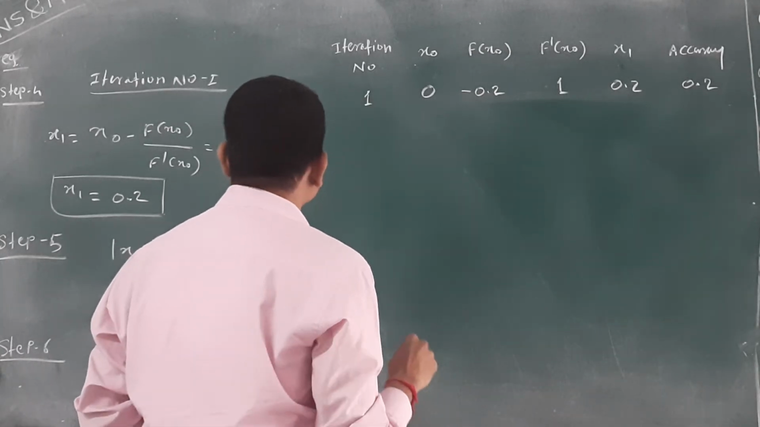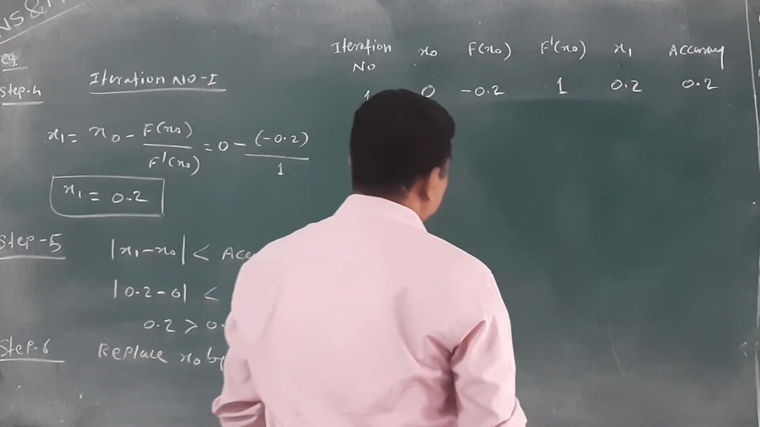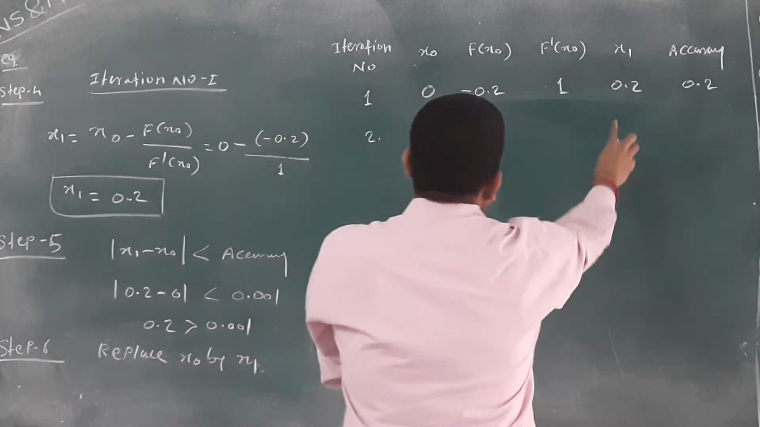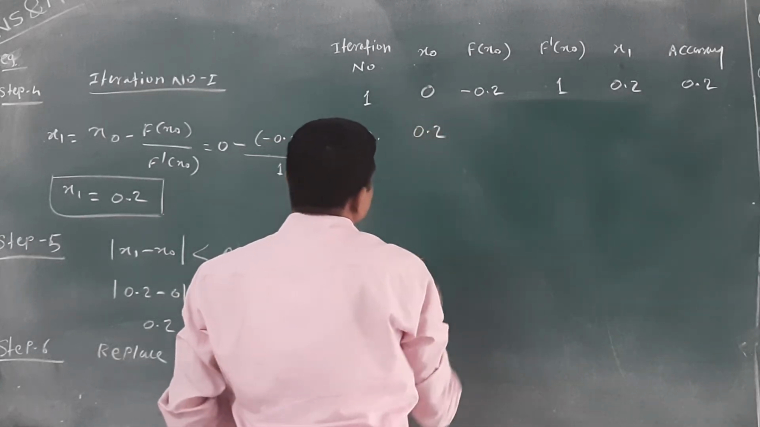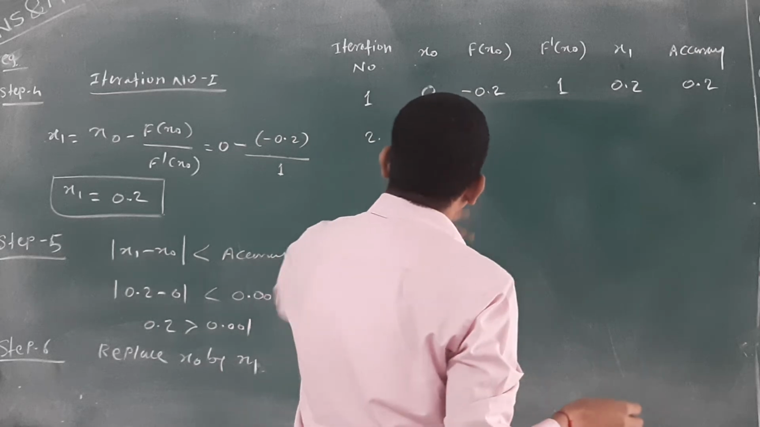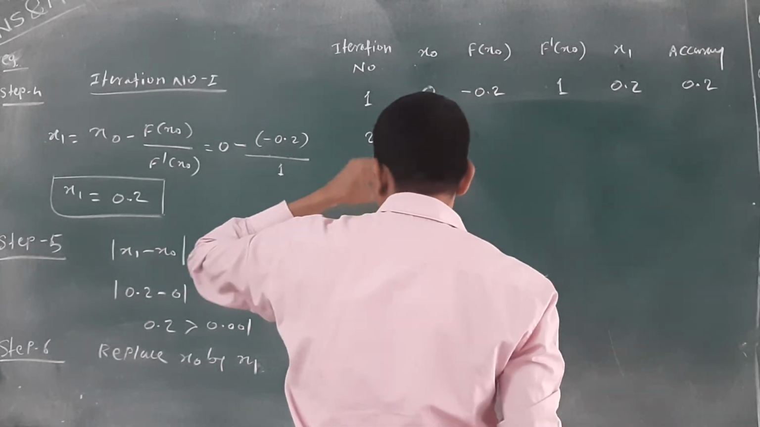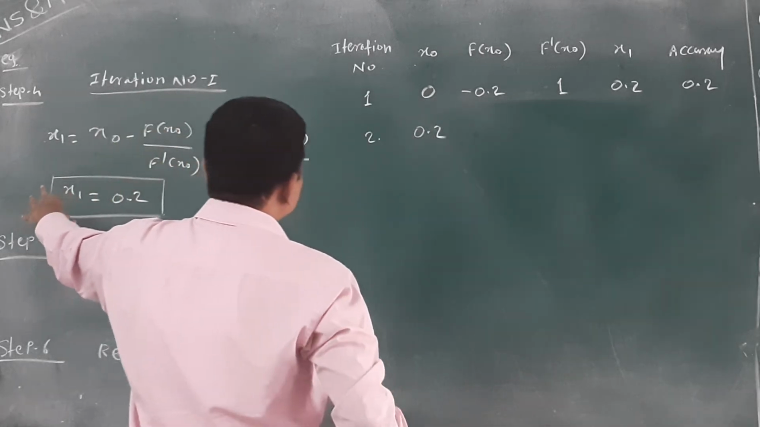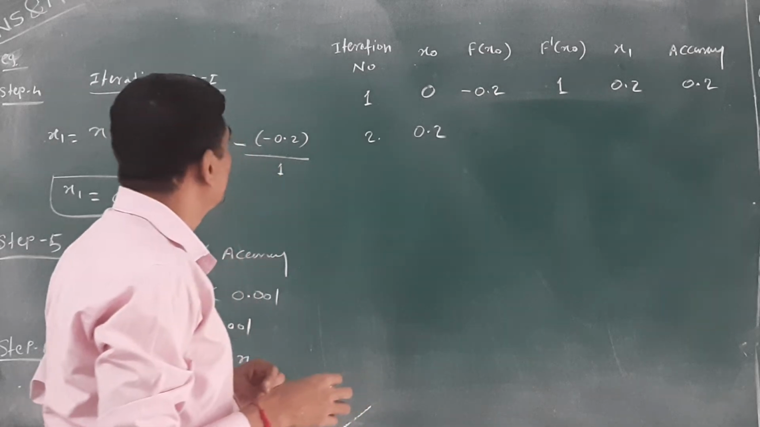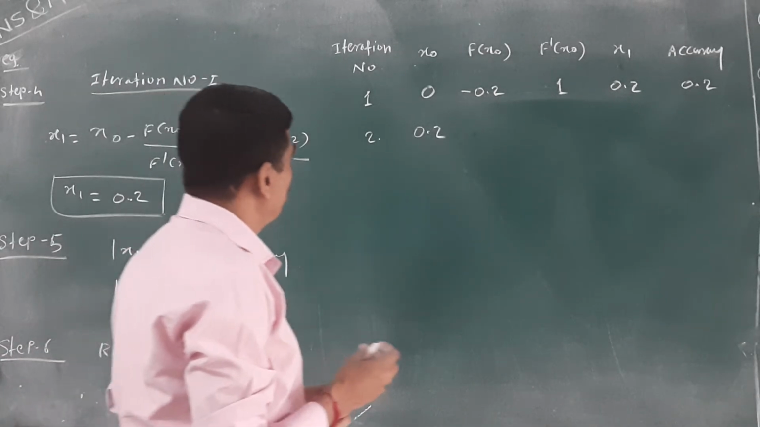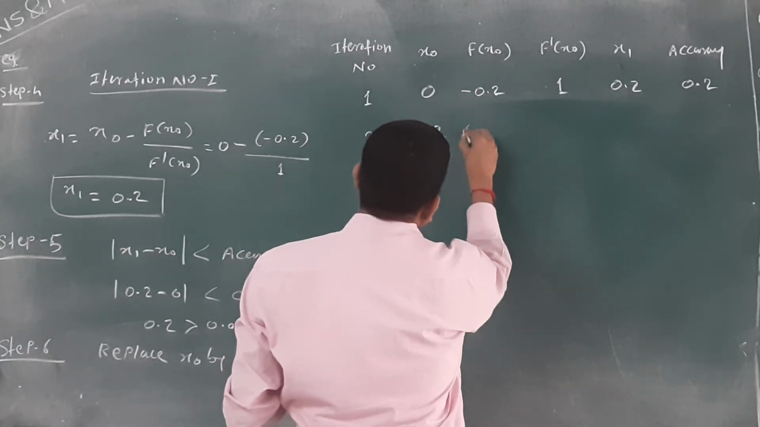Then next step: replace this x0 by x1. What is the x1 value? 0.2. We are replacing with that 0.2. Then what is f of x0? We have to put this value again in that equation. We calculated it in equation number 2. When you calculate equation number 2, you will get